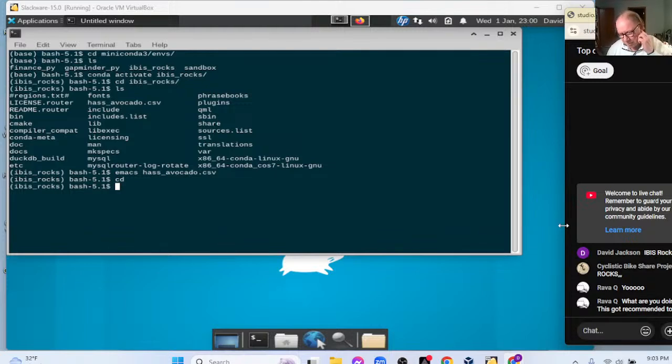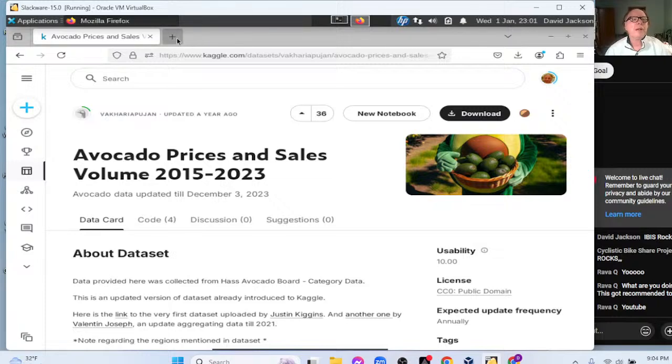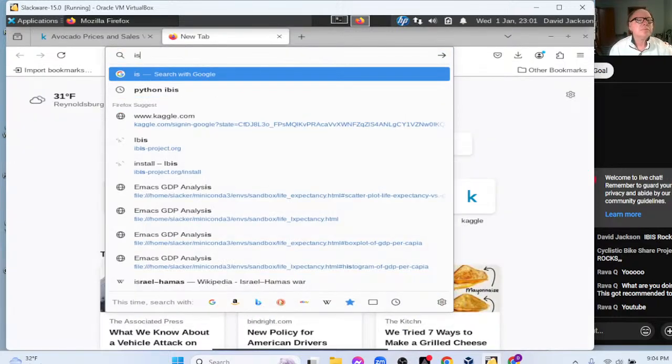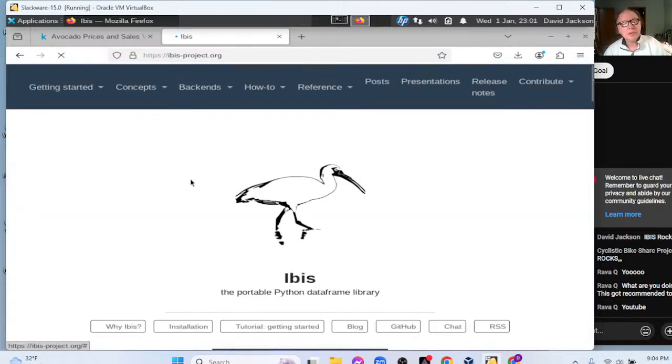What we're doing tonight, we're going to use a Python package called Ibis. Ibis is an interesting package. It's designed to be a common API for various types of backends. So Ibis can be used to connect to, say, DuckDB, which is its default backend. It can be used to connect to SQL Server, to Postgres, to MySQL, to all these different backends. While we're here, let's just take a quick look at their page.